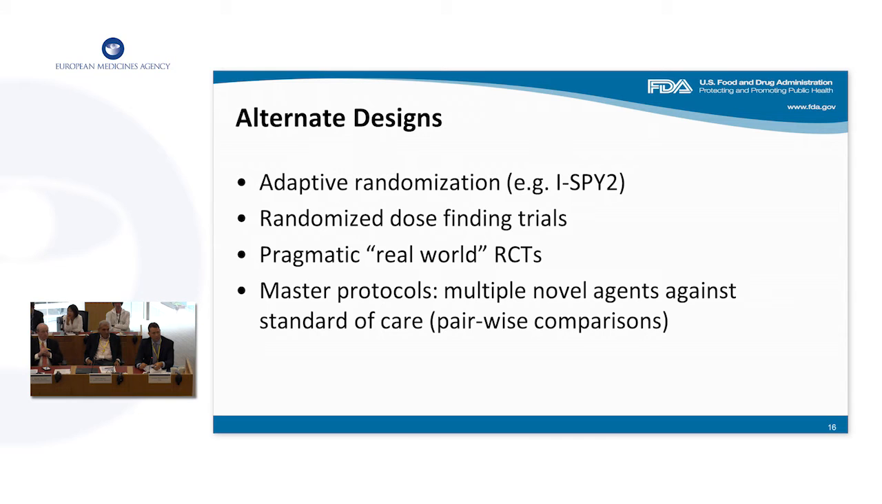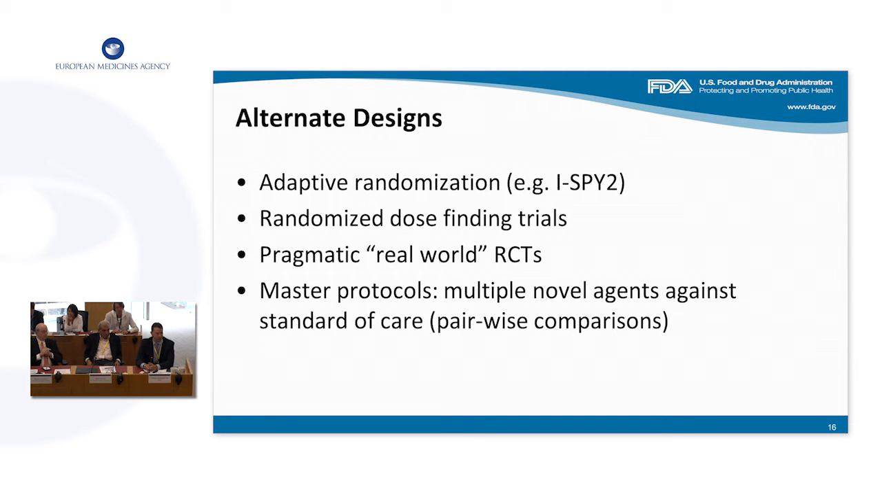And I think we'll also potentially talk about alternative designs. You don't have to do a single-arm study. There are adaptive randomization designs like the I-SPY 2 study. There are randomized dose-finding trials. I think Dr. Rubin in the KEYNOTE-001 study talked about how within that large phase 1 experience, there was randomization to dose and sequence. Also in this era of electronic medical records, perhaps we could do more pragmatic real-world randomized